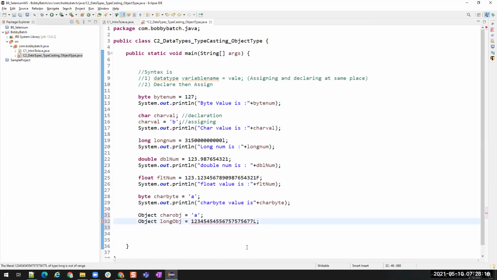It went out of long range as well. Then a float object equals the same value. Is it throwing an error?